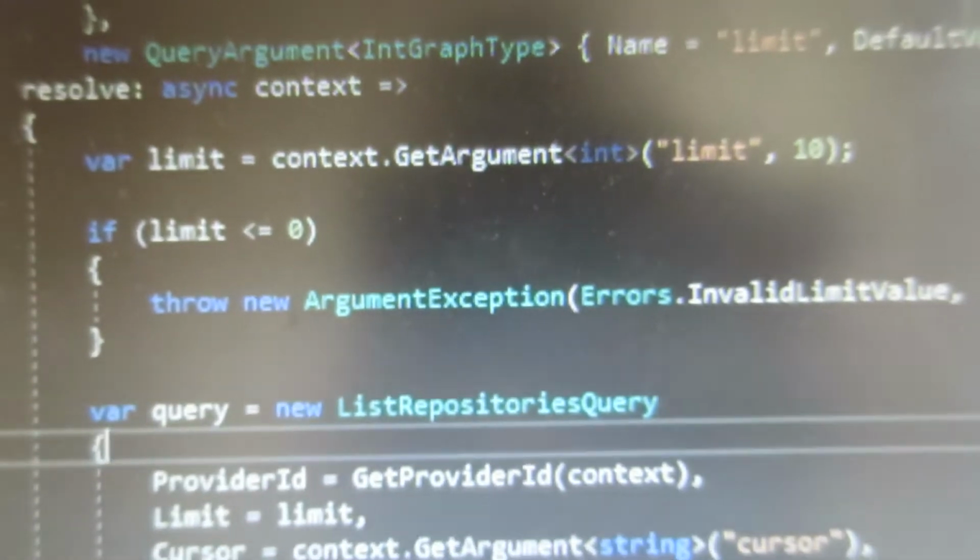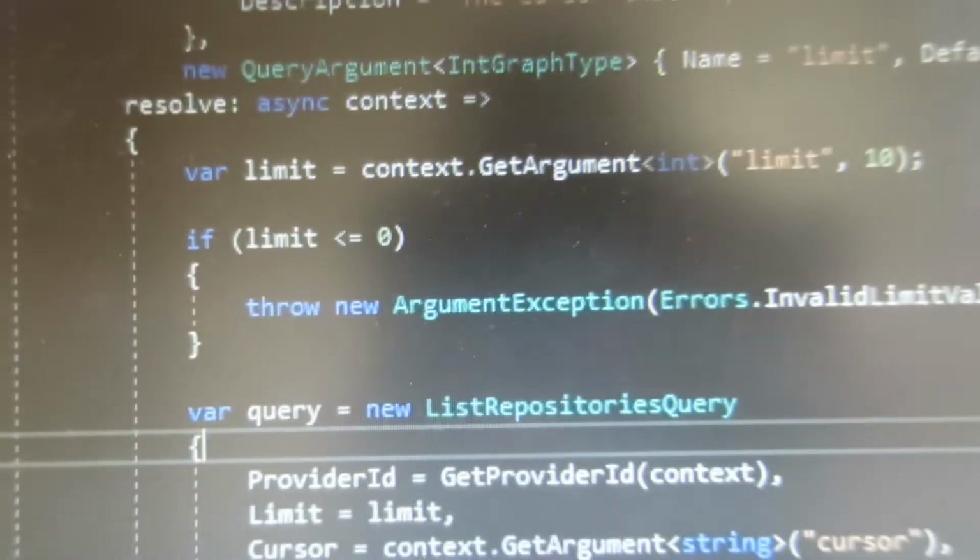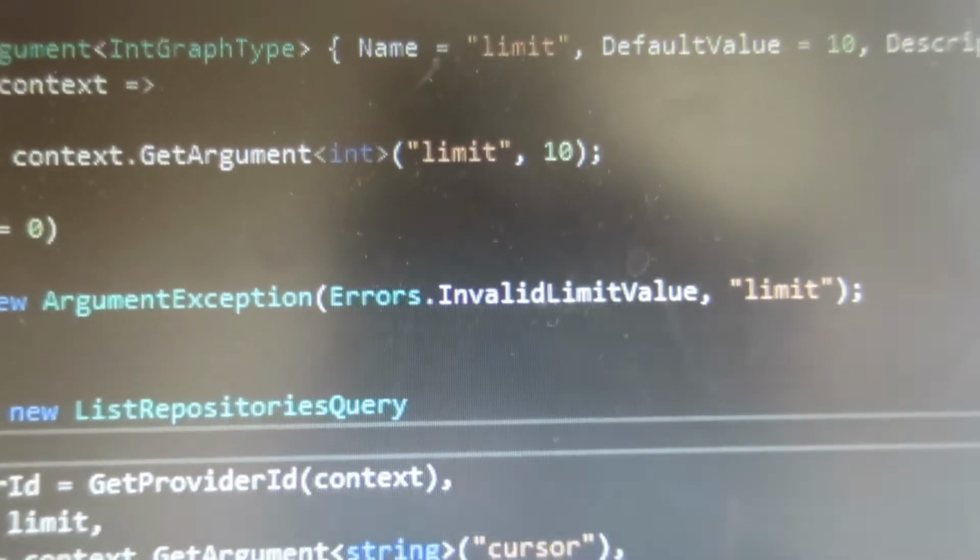What I can do is write independent validation rules. So let me show you what I've got. Previously I just had validation rules like this, where I get the value out and then if it's less than 0, then throw an exception. But that's done at the point of resolution, so it's resolving the argument at that point, and that isn't as good to me.